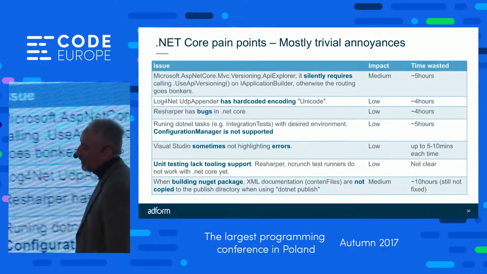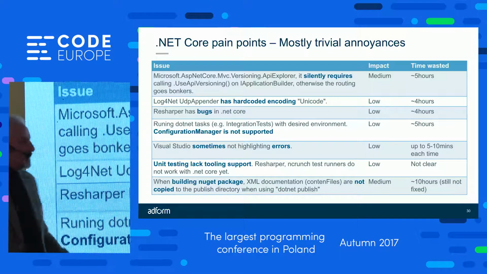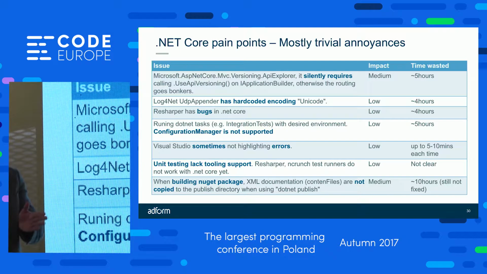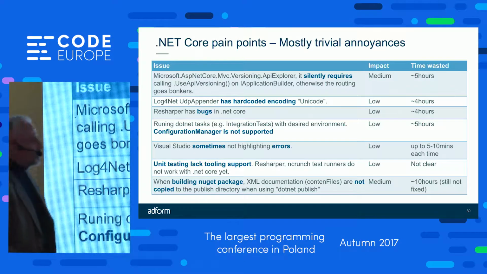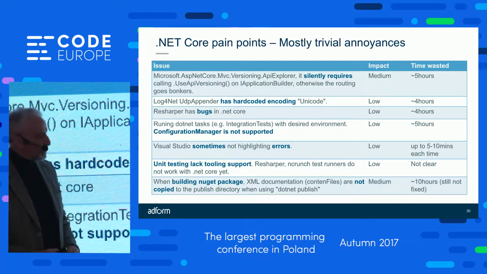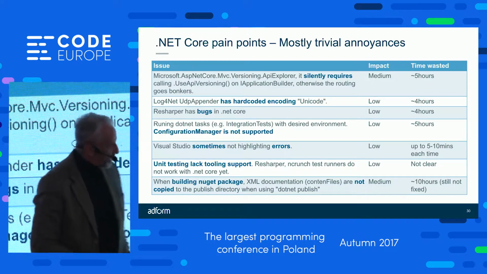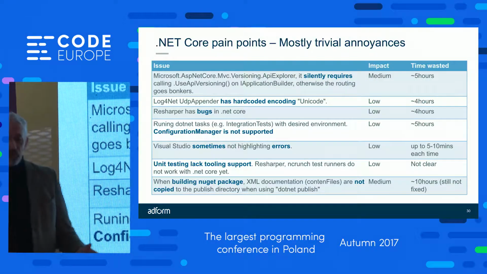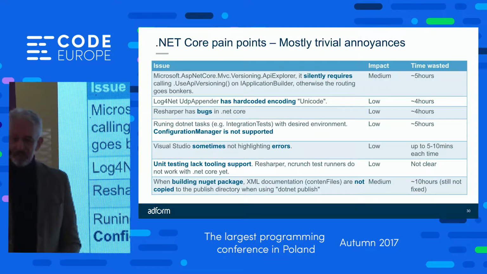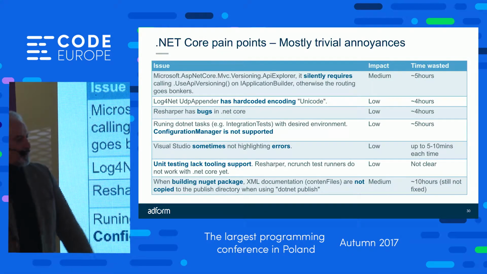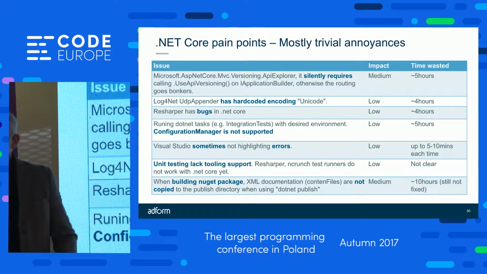So when we were building the audit log, I said to the guys, can you just tell me if it's too painful? If we get partway into it, to some point in the project, we'll just go back to .NET. And so this is their actual notes. In a 150 man-day project, we burnt about however many hours that adds up to. Little nitpicky, annoying things in .NET Core that haven't been polished off yet. So is the cost of doing these things worth being able to deploy on any platform? And the answer is probably yes.